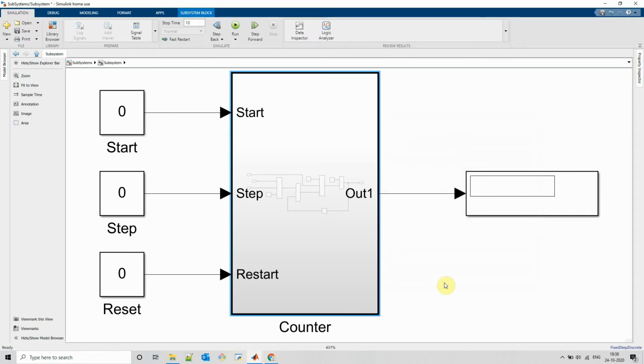When we consider this subsystem as atomic subsystem, that means the logic inside this subsystem is treated as a single unit and it is executed as a whole. So in this case, this subsystem becomes a non-virtual subsystem, and any subsystem which is executing conditionally or is treated as atomic unit is a non-virtual subsystem.